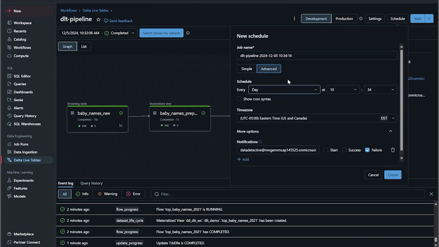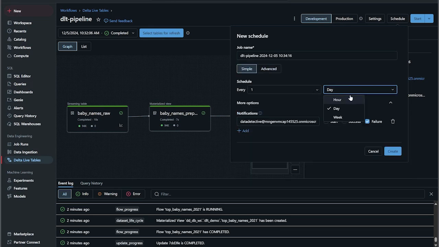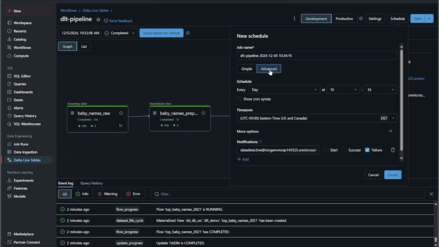There might be some advanced steps, right? So I can set time zone options. I could set this to go every hour if I wanted. That's about the lowest granularity I can set on this. Oh, there's by minute. So every minute. That's pretty real time. Sometimes 60 seconds is that near real time area, but I can set this to schedule every minute if I wanted to run it.